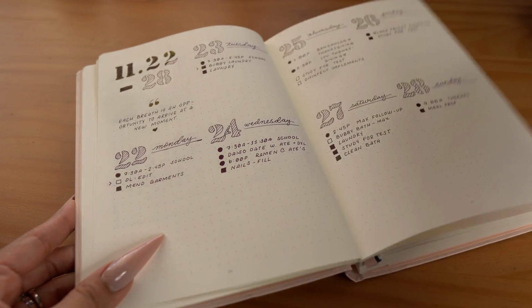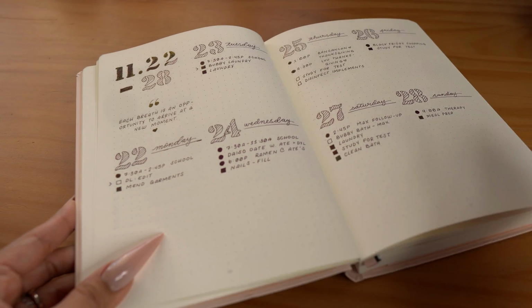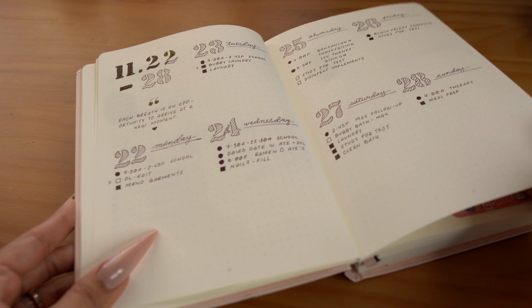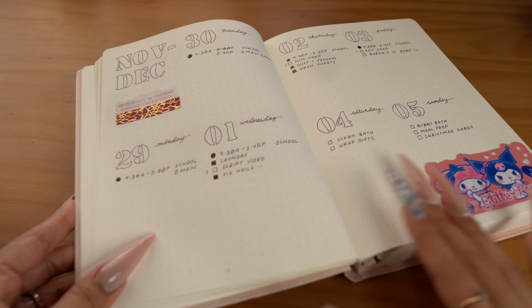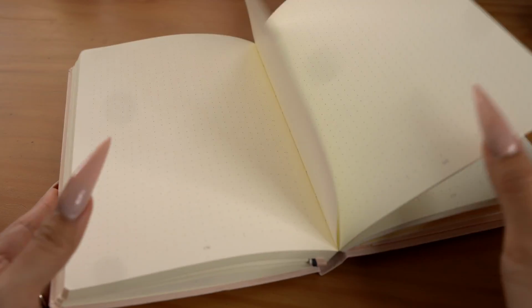So I've done a couple of weekly spreads in here and have kept it very simple, just sort of a monochromatic setup, and it's worked for me so far, and I feel like I really needed that. My whole schedule has been turned inside out, and it's like I'm learning my routines all over again, trying to fit in and put together this puzzle that is my life. So this has helped